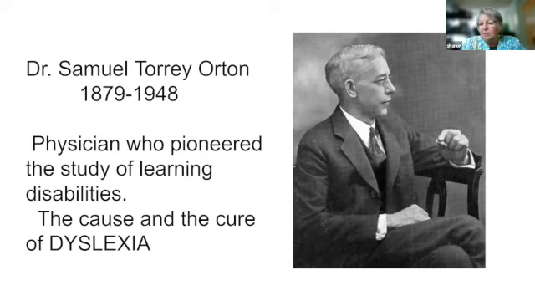And so there were already children going through first grade, not learning how to read, going through second grade, still not learning how to read. Some of the parents of these children brought these kids to Dr. Orton. Dr. Orton was a brain doctor. Now, this is real early in brain research, but they actually knew quite a lot about it. And so these children were brought to him, and he looks at them, and they're totally normal kids, and he can't find anything wrong with their brains, but they had a different learning style.